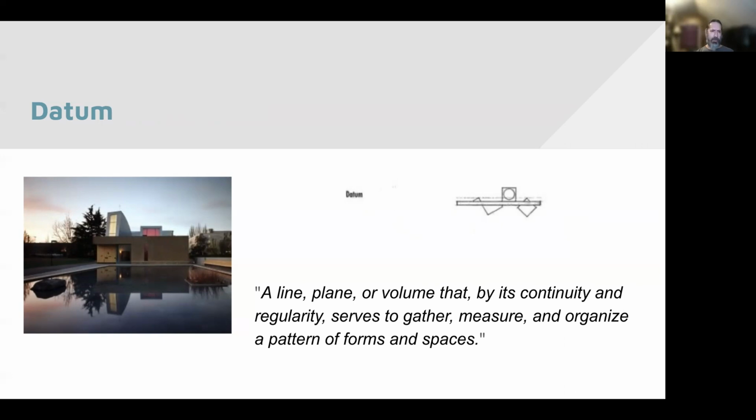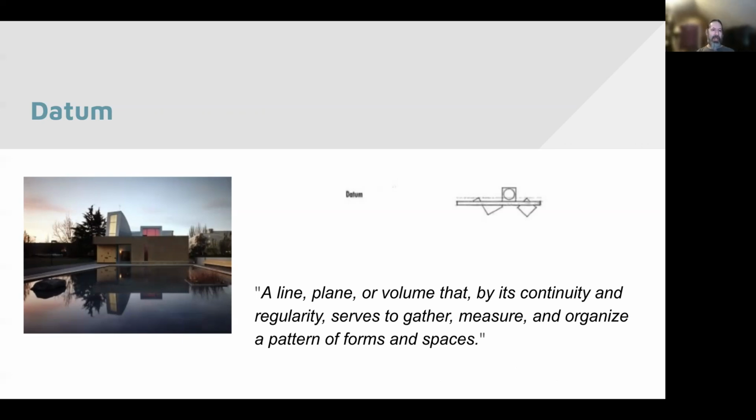Look at that house, right? It's not a mess, but it's all of these different shapes glommed together. How does it appear coherent? Well, it's using the datum, in this case the axis of the roof line of that building, to organize all of these other shapes around it. And if you didn't have that central dividing line, that axis being used to gather and measure and organize all of those other shapes, and if you didn't have a second datum of the reflection into the pool to organize the above and below shapes into